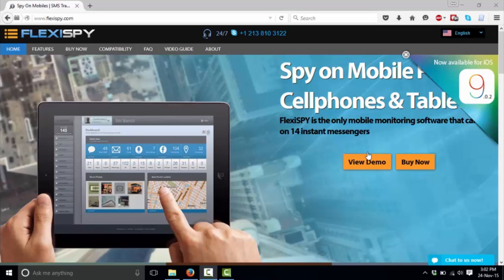Today we're going to show you how to get started with your FlexiSPY purchase. After purchasing FlexiSPY, you should have the target device ready in your hand for installation. You will also need to log into your inbox on your computer to view the FlexiSPY welcome email. This email gives you important information on how to log into your online portal and get started with the installation